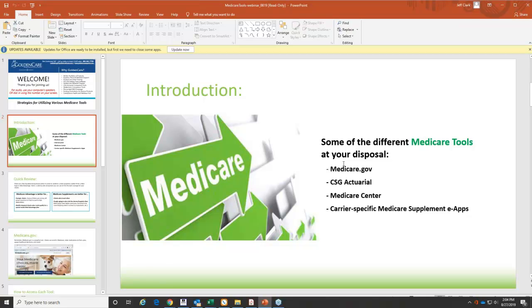Some of the better ones to know of, if you're doing much with Medicare work at all: the Medicare.gov site is a fantastic site, something you should definitely get to know how to use. This is the site put out by Medicare. It's full of a bevy of information, anything a client would need to know about their own Medicare, whether or not they're signed up for Part A and Part B, and how to sign up for Part B or Part A,